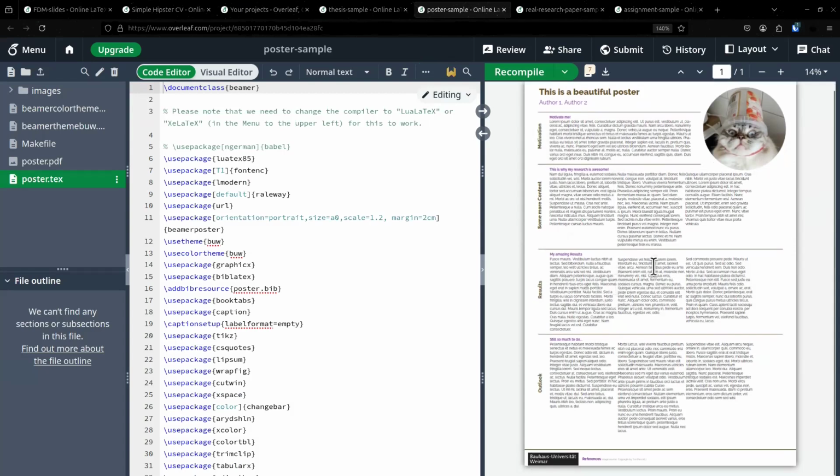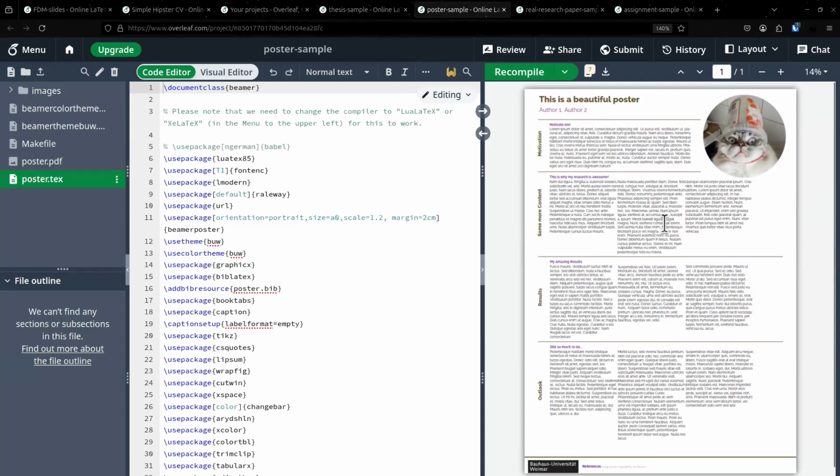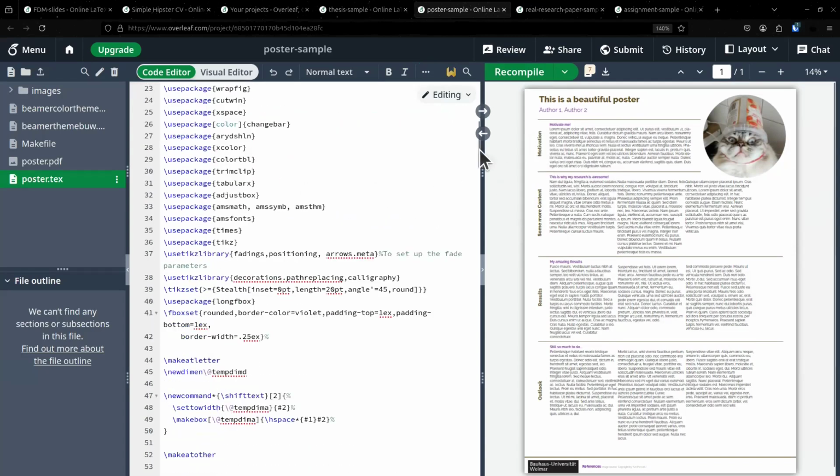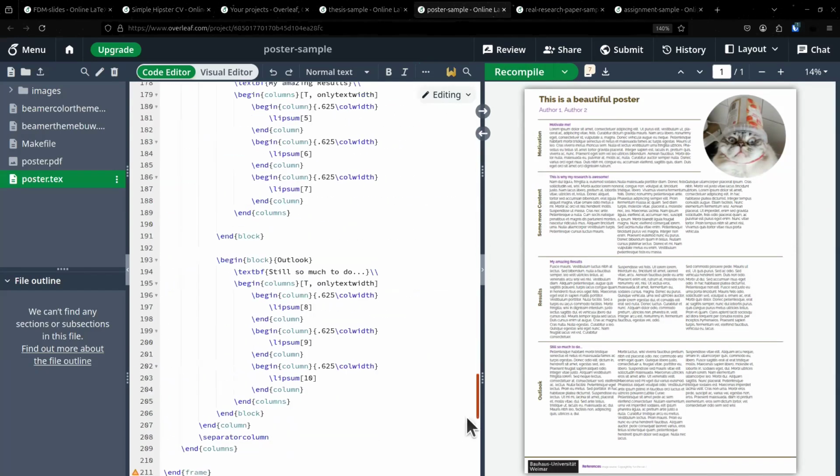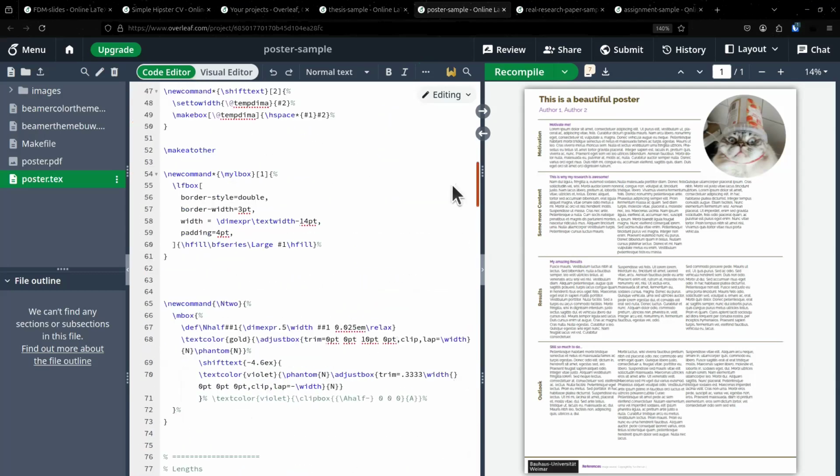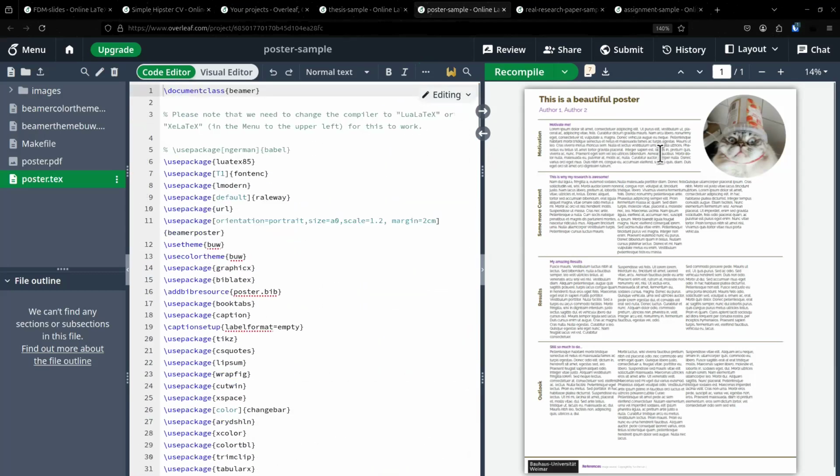And if you have this poster, you can then, of course, print it, for example, in a bigger format, and everything can be done using LaTeX and Overleaf. So this is not a very big file. Of course, there's some placeholder text.